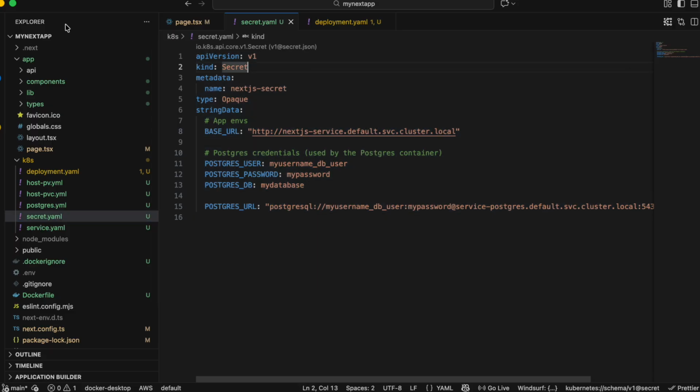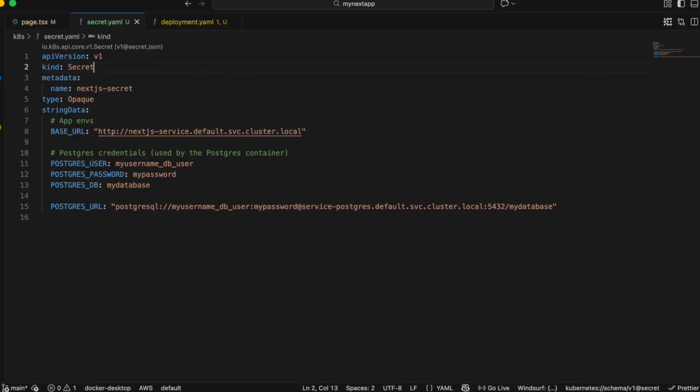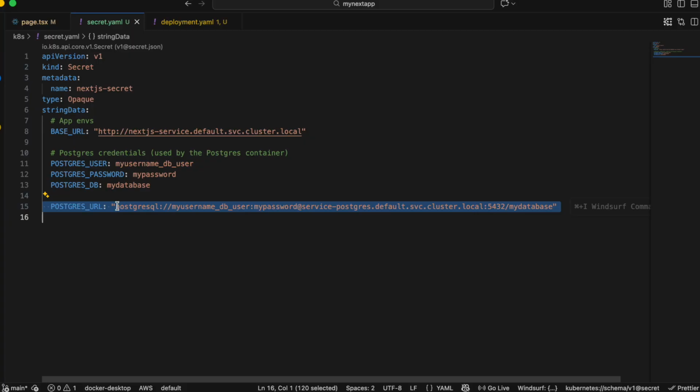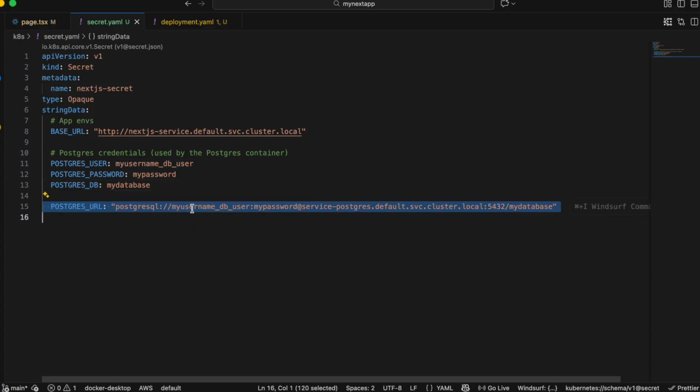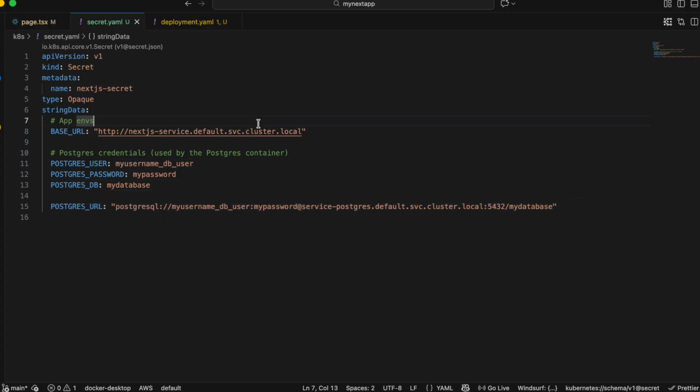Then let's go to secret.yaml, and here you can see we have defined an API version, kind secret, metadata, type Opaque, stringData. Here we have defined the base URL. This is the Postgres user, Postgres password, Postgres DB. This can be anything inside your Kubernetes, and here we have created this Postgres URL as well. Don't try to concatenate or use this variable inside over here. This is not how things work inside a YAML file. All right,